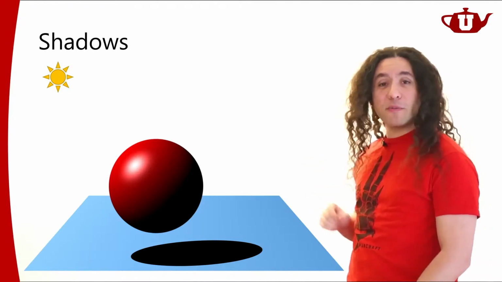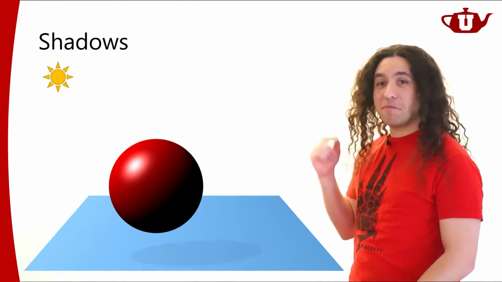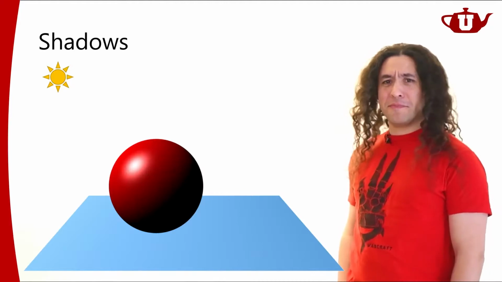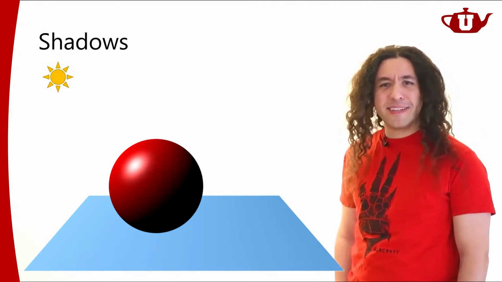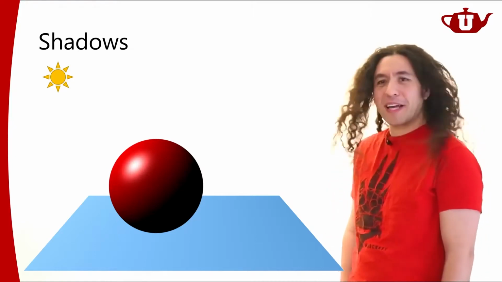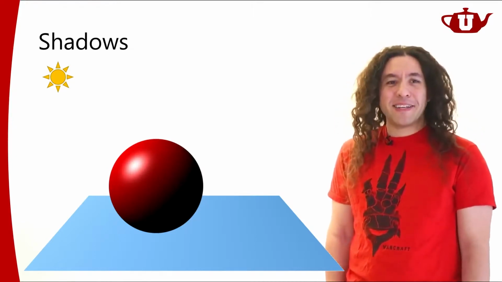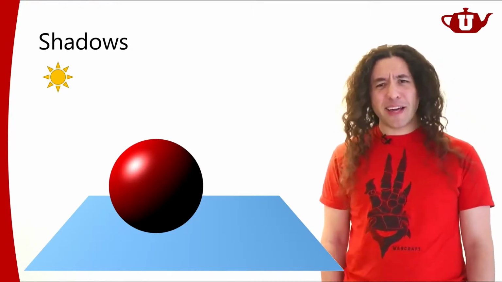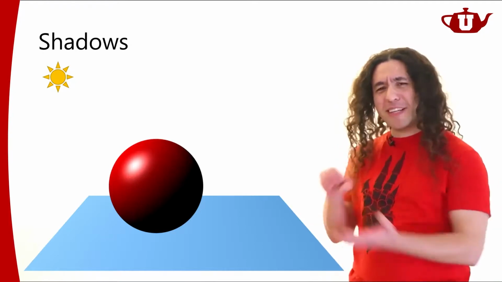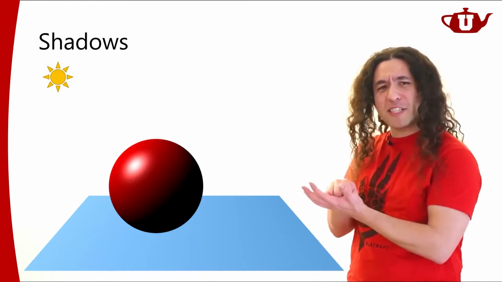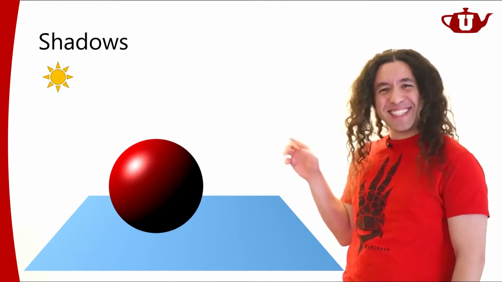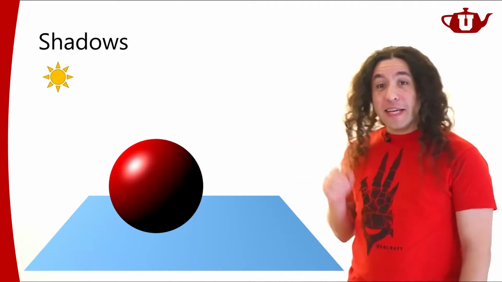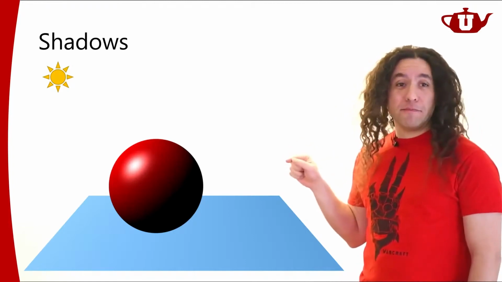Now, what happens if I remove it? If I get rid of the shadow? What do you see now? Where's the ball? Where's the plane? You can't even tell, can you? You look at this, you have no idea. They probably are not together. The ball is probably not touching the plane. And if it is, there's something really wrong here, right? It just doesn't look right. It's very important to get this right.